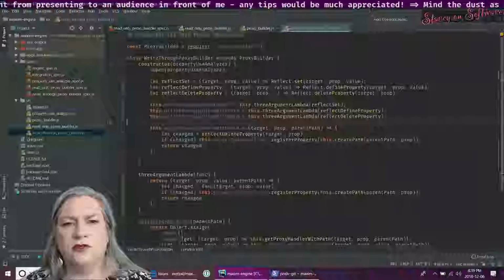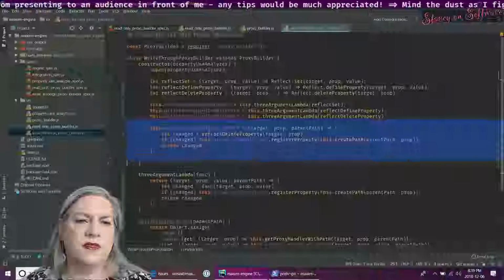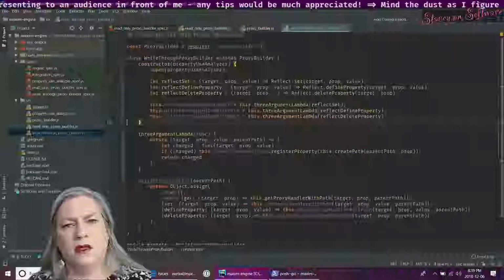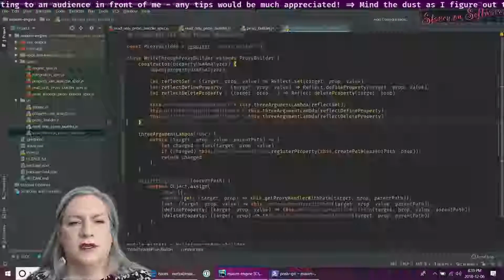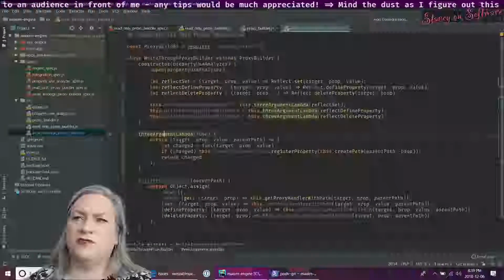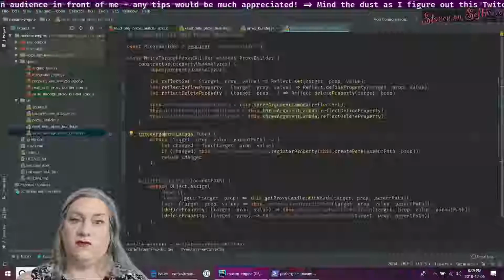The lambda is only going to use two of the values. So the name of this function, it's a bit weird, obviously.